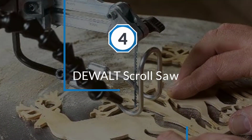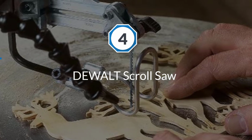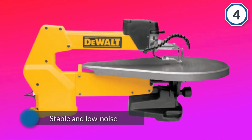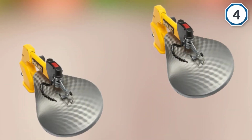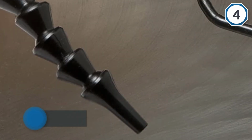Number 4. DEWALT Scroll Saw. The DEWALT DW788 makes masterfully intricate cuts while producing very little vibration. This heavy saw is stable and low noise. Blades are easily swapped out in seconds with no tools, and the depth of cut can be varied from 3/4